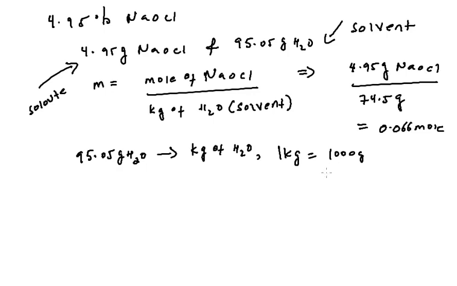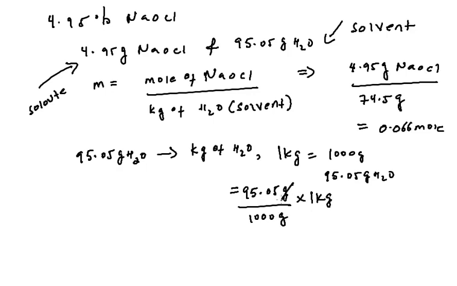So to change 95.05 grams of water into kilograms, you simply divide 95.05 grams by 1000, multiplied by 1 kilogram. So the unwanted unit will be crossed out here, and you would get 0.095